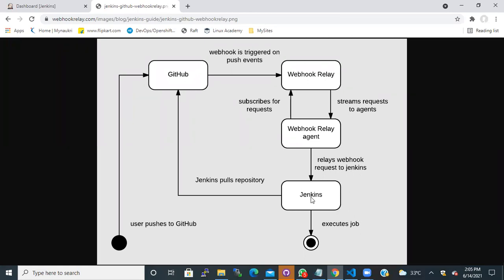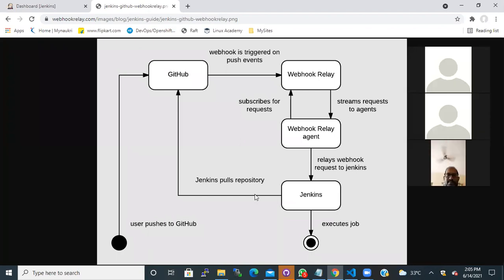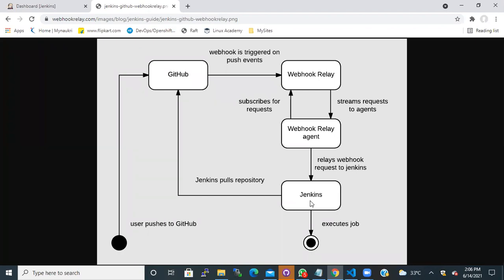The webhook relay agent will request again, and from here Jenkins will directly request GitHub to pull the code repository, because our code is available here, right? So it directly goes and communicates to GitHub, and it pushes the code into our Jenkins. So what happens? Jenkins will start executing the job.